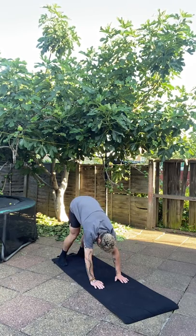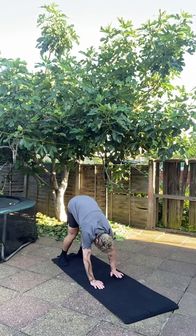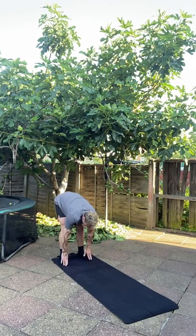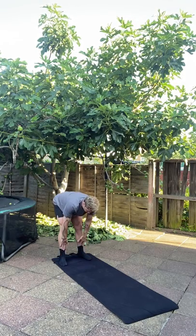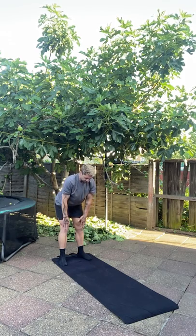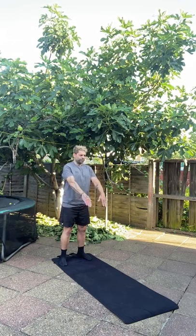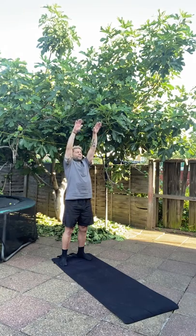Try to get your heels down flat onto the floor, opening up your Achilles, your calf, your hamstring, your glute, and then what you're going to do is walk your hands towards your feet, slide your fingers up the top of your feet, slide the fingers up your shins, over your knees, up your thighs, release the hands away from the body, big semicircle again, deep breath in as your arms raise up all the way